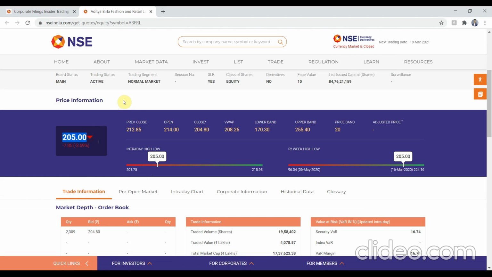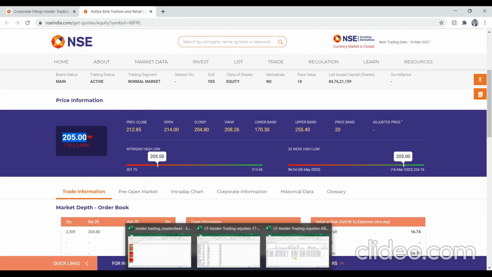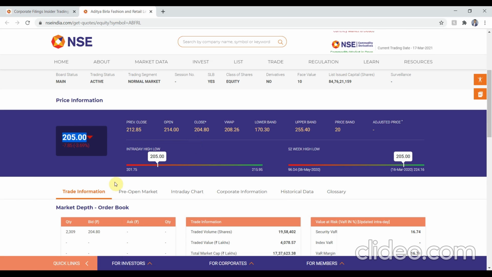205. Now it's less than 212. 212 was the number, right? Yes, it is trading at less than that. Now you have to check whether it falls in our plus minus 5% range or plus minus 7% range, whichever range you set for your analysis. Based on that, we could take the decision whether or not to make a trade in that.